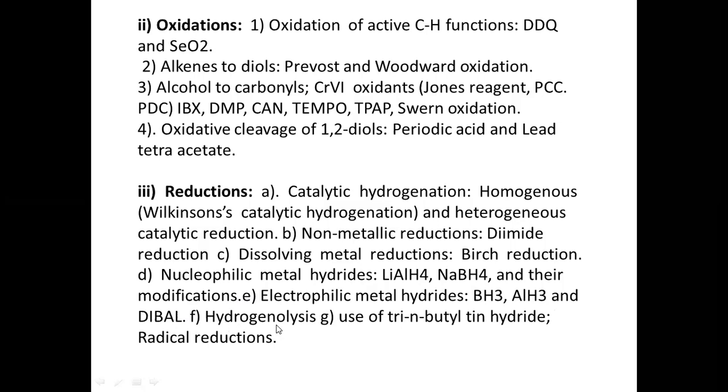Then hydrogenolysis, that means reduction reactions where carbon-heteroatom bonds are cleaved by adding hydrogen across the carbon-heteroatom sigma bond, that is hydrogenolysis. Next, by the use of tri-n-butyl tin hydride, this is a free radical type of reaction, where we are using tri-n-butyl tin hydride. It's a radical mechanism that we follow. This reagent is useful for reduction. So this is a cumulative discussion regarding our chapter 1, that is reagents 1, where we are going to discuss oxidation and reduction. In the next class, we will discuss in detail regarding oxidizing reagents one by one.